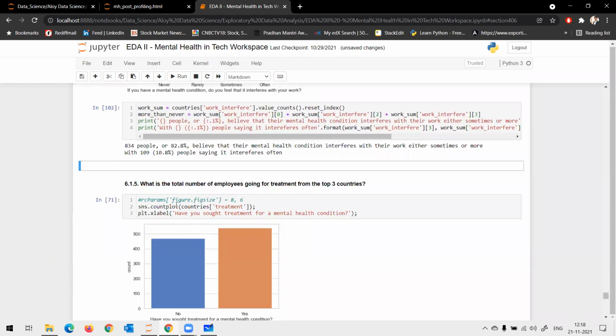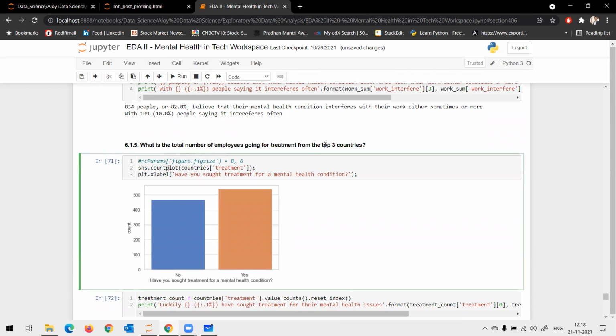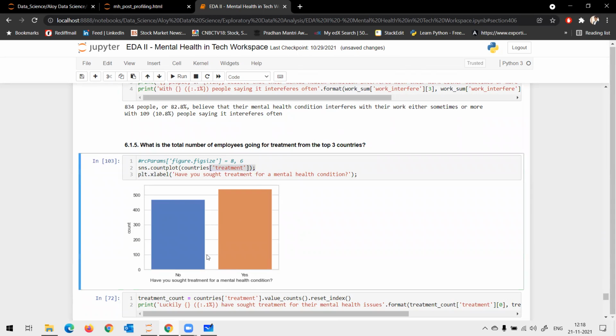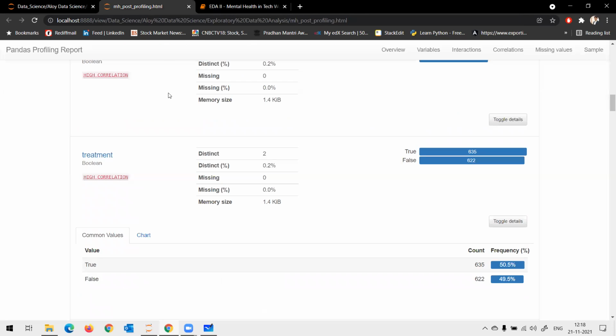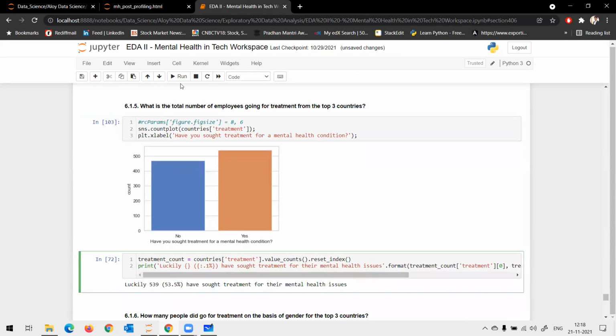Okay. Now, even when I narrow down my analysis to the top 3 countries, I can see the distribution of the treatment. We saw the distribution of treatment earlier after we cleaned the data. In the overall data, I have 50-50%, whereas in top countries, I have a slightly promising result for yes, right?